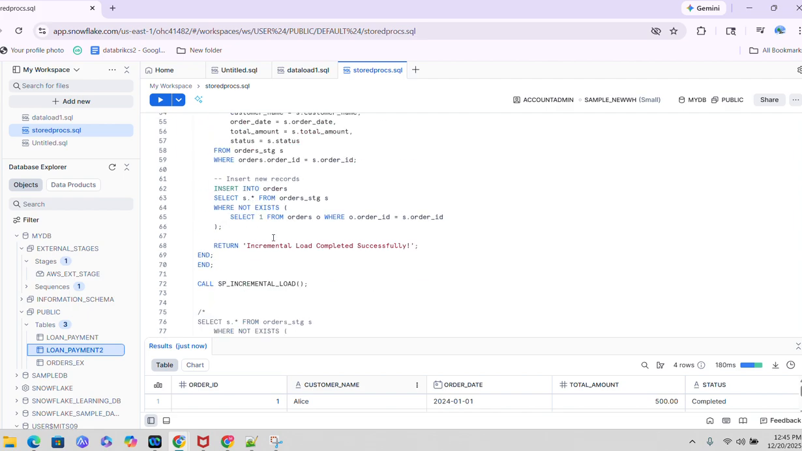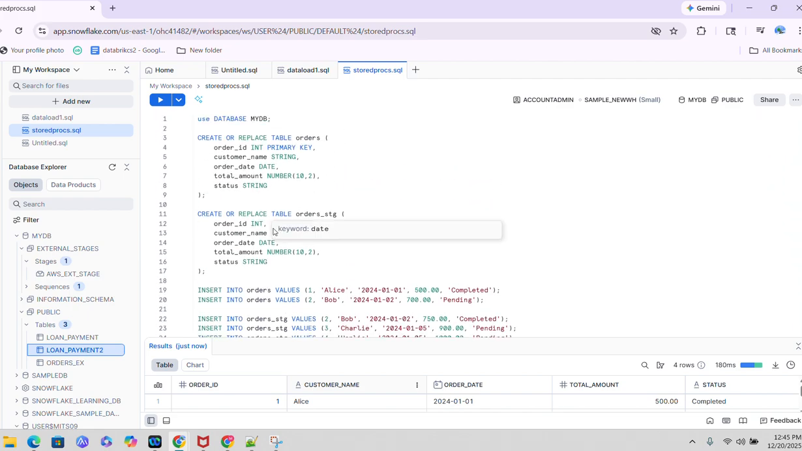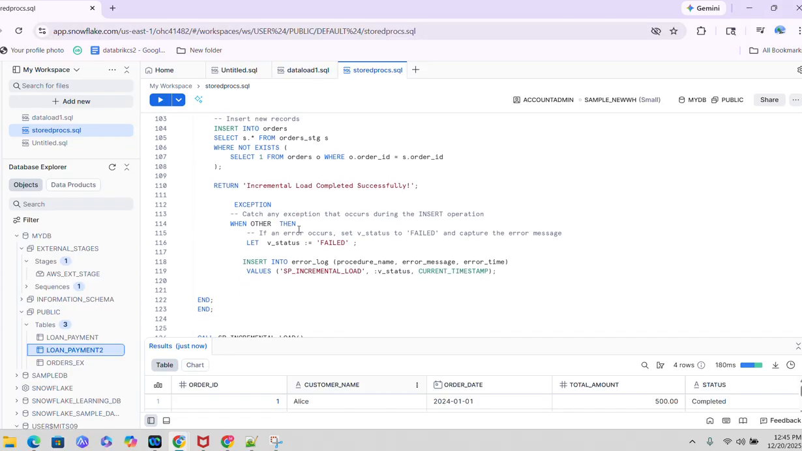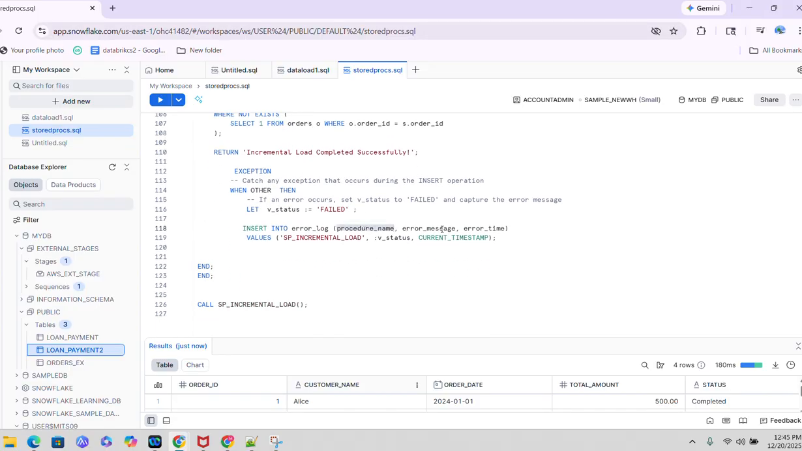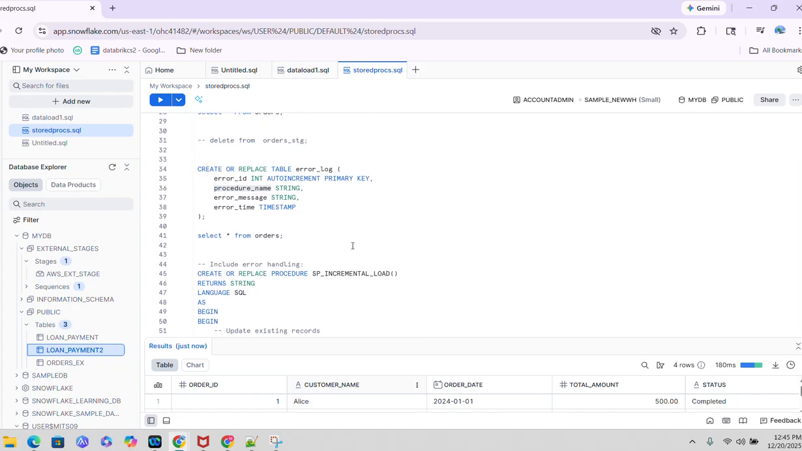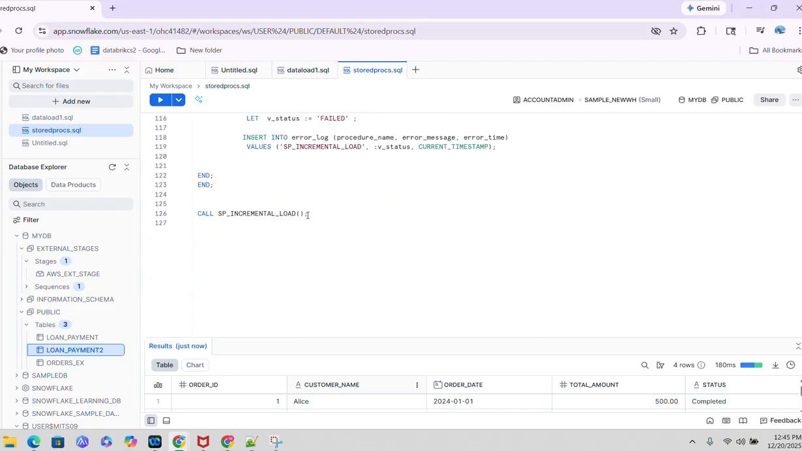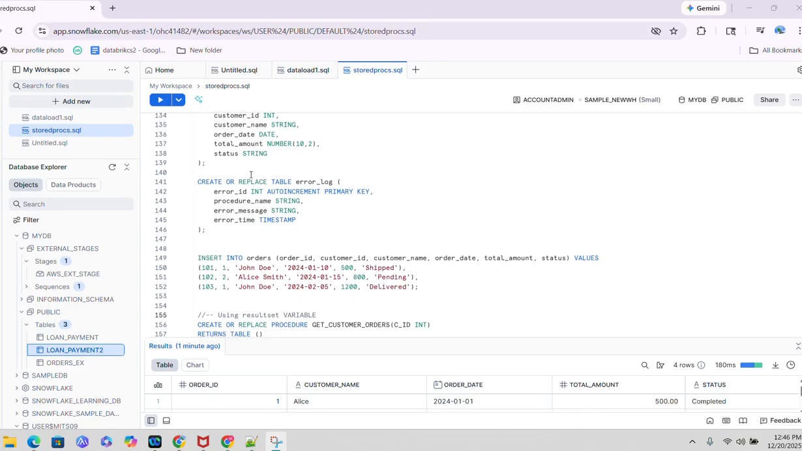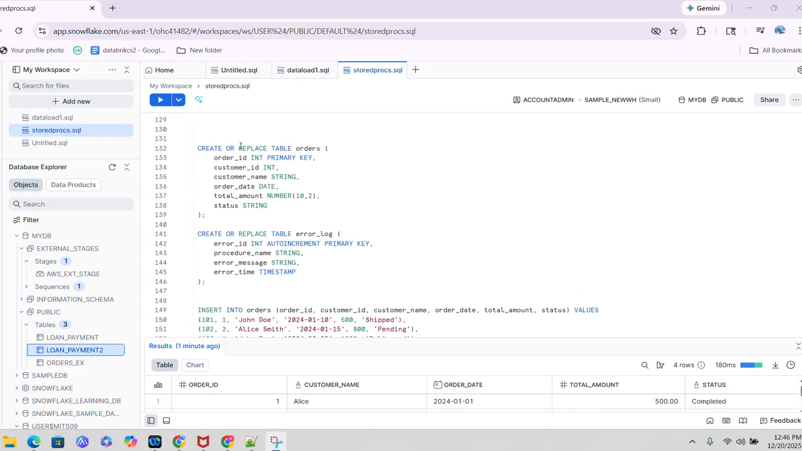And this error log, we already created the table here. If you remember this one, okay, error ID, procedure name, message, and timestamp. Okay, insert into procedure name. Error ID is auto increment. Okay, so that's how this part is. Let's go to the next one. The next one is using a result set variable. Let's again